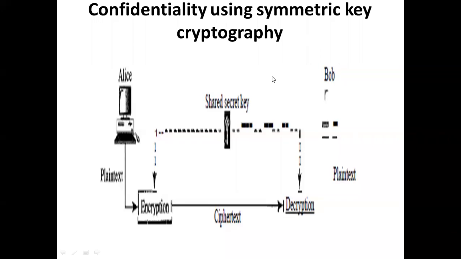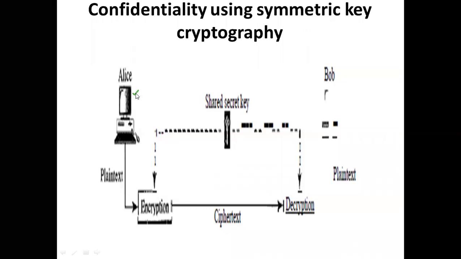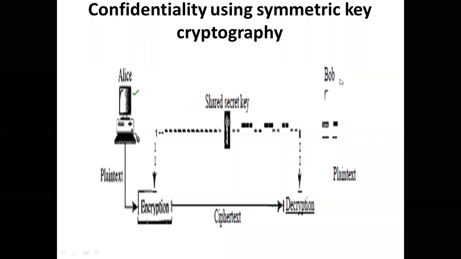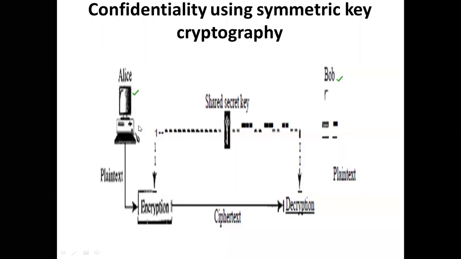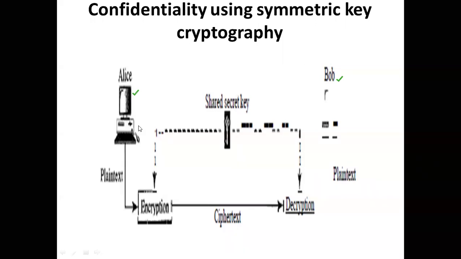Generally, I want you all to have a look at this diagram. The data or the text that we want to send, which is generated at a particular machine, is called plain text. Suppose there's a user called Alice who is sitting on one particular machine. She wants to send data to another user called Bob. Now that data is very, very confidential. So whatever message is generated by Alice, we call it plain text. Plain text is never encrypted. Before encryption, the original text that we have is called plain text.